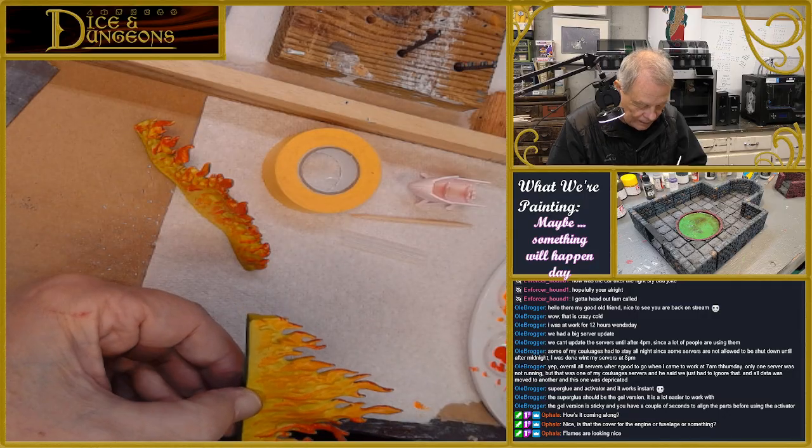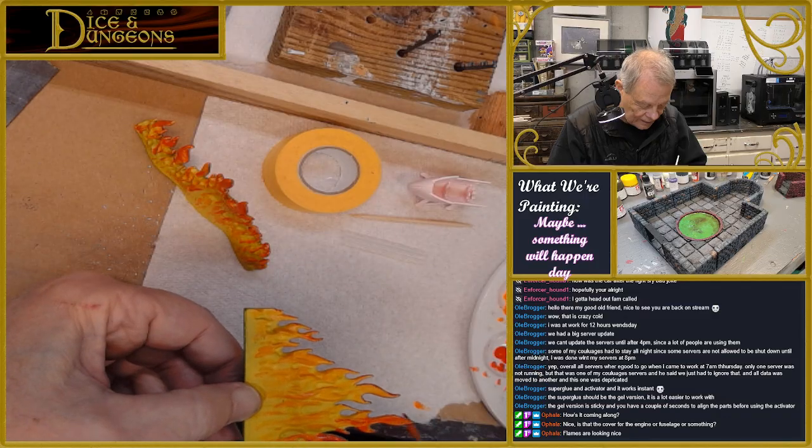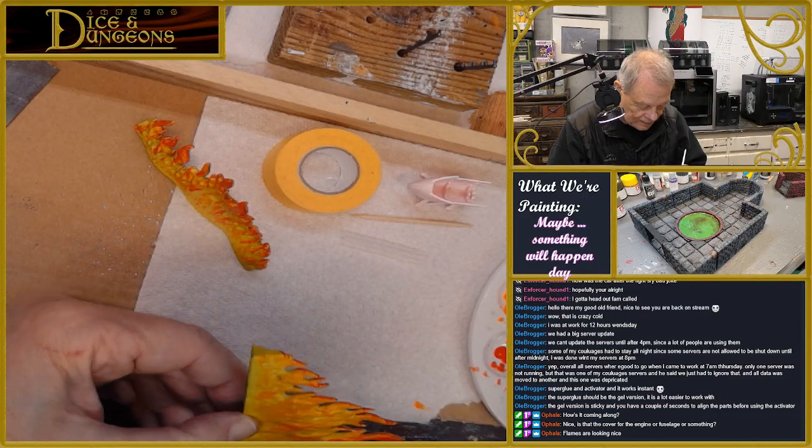Probably not on this stream. Maybe another one I'll show them to you. But we have these dungeon tiles. It's like a